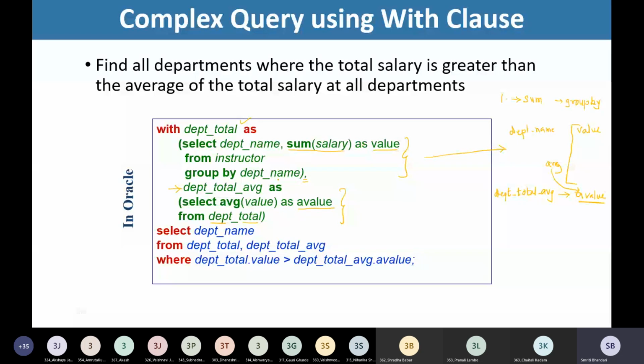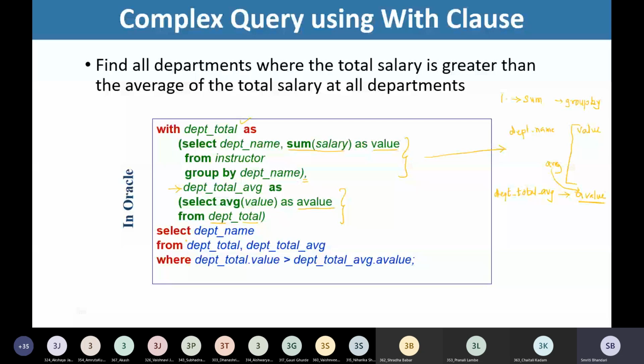In programming languages, what we do is call those procedures in other procedures or functions. We call one function in another function, right? Similarly, we are writing these temporary relations here and making use of them in other temporary relations or while writing the query. So this is our final query now.